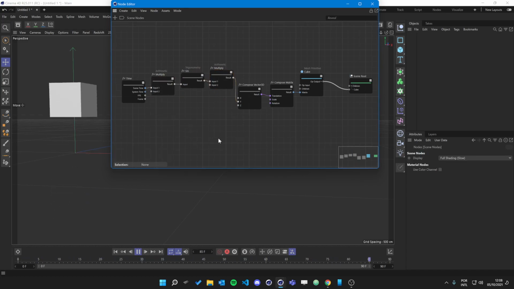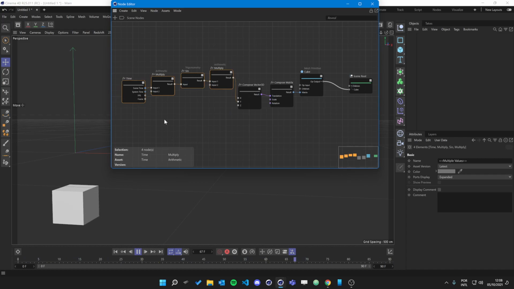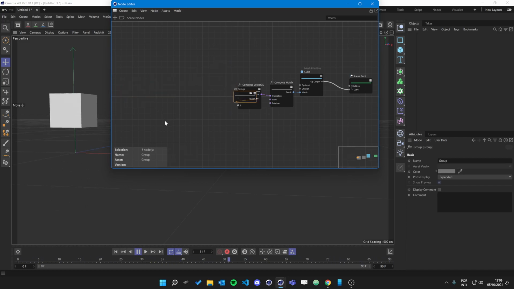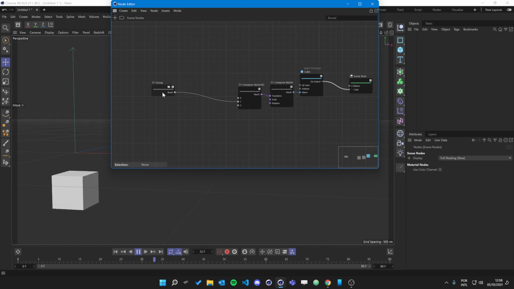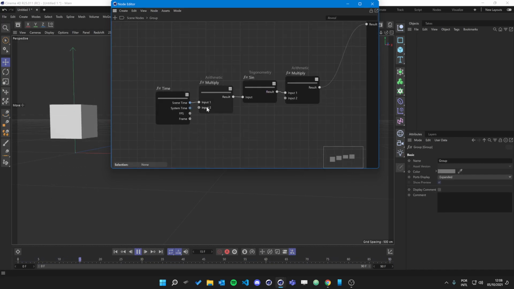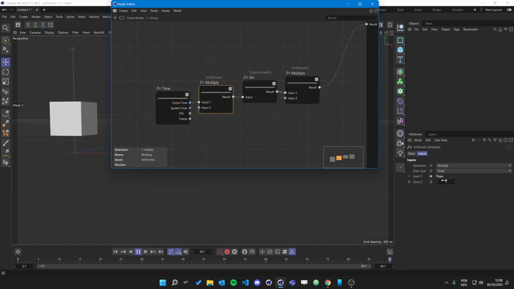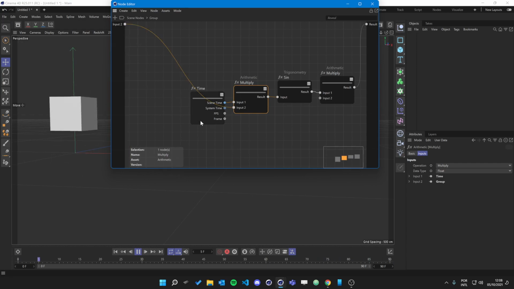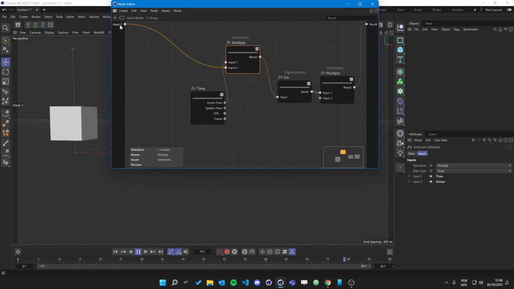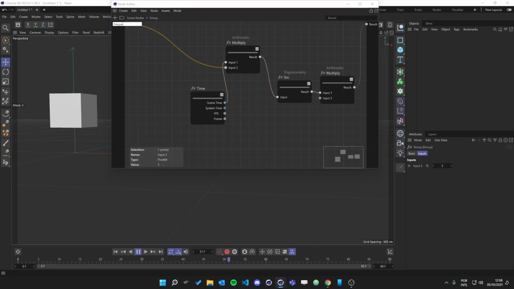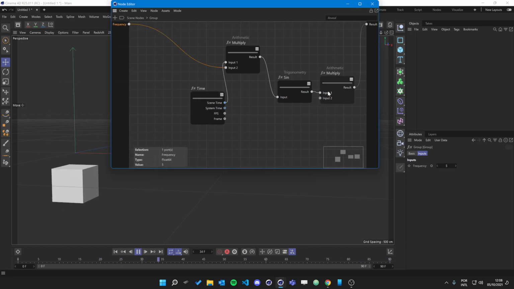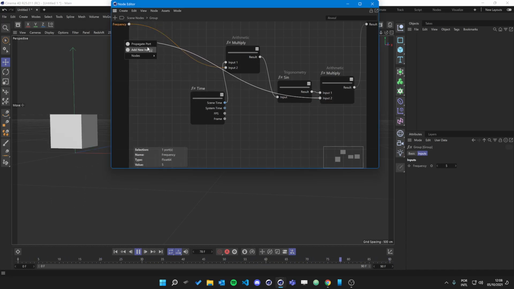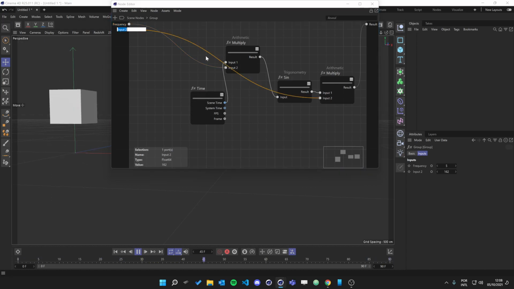I can now group them. Yeah, let's group them, and let's propagate those values here. This one is the frequency, if I remember correctly, and the other one is the amplitude. So we're going to propagate those parts because they will be needed. So this one is frequency, and then this one, let's propagate this part, and let's call it